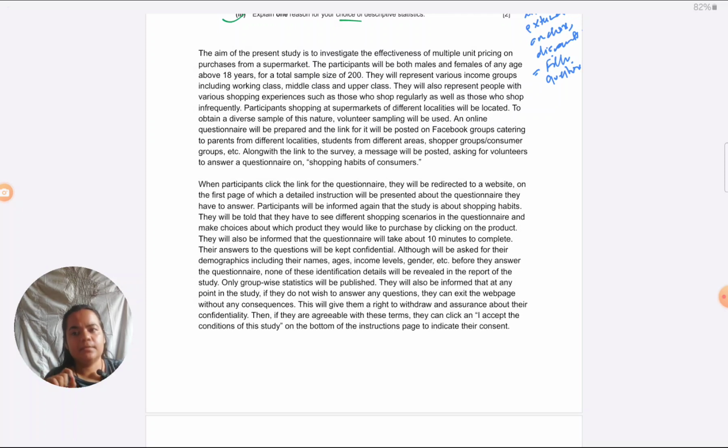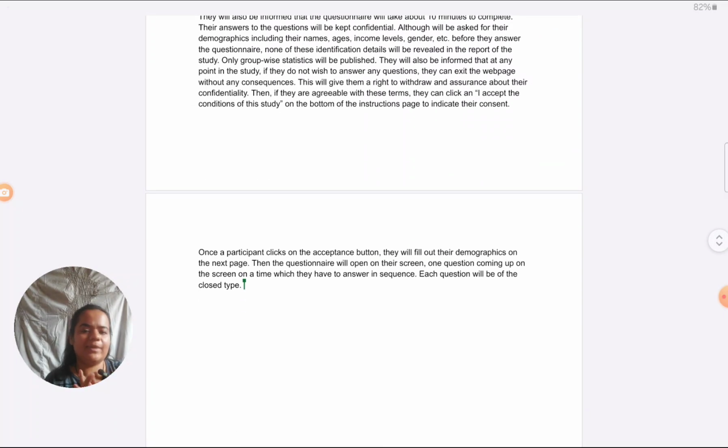Now I can indicate that there will be closed questions. Each question will be of the closed type. I would like to include fixed choice questions. That is my choice. You might want to include rating scale questions or specifically Likert type rating scales. All that is up to you. I just want to give fixed or forced choice questions. So it will be of the closed type, specifically fixed, forced choice questions will be included.